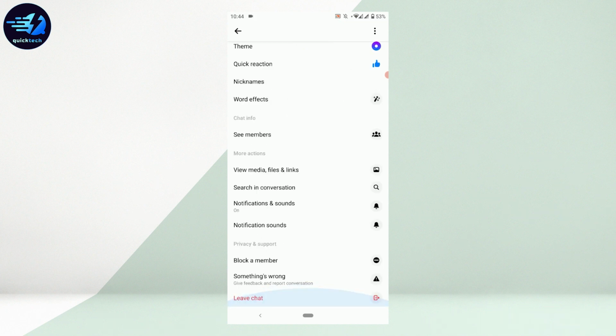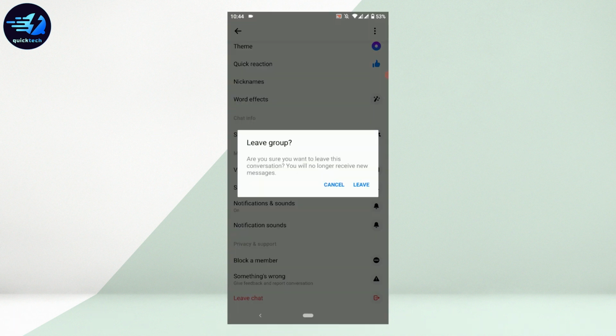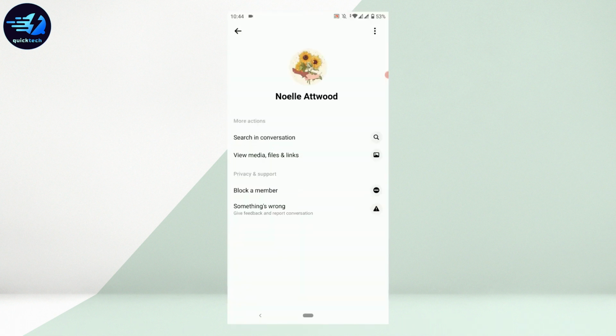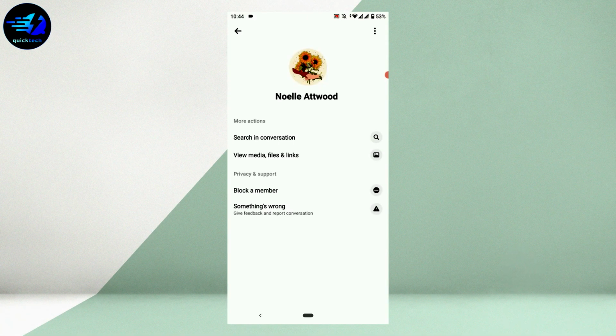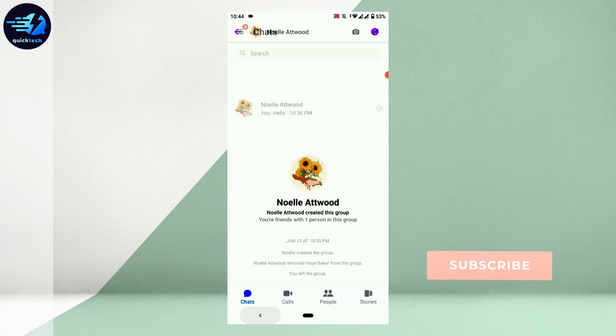For that, you scroll down to the very bottom and you will have the option of leave chat with a red icon. You tap that. Are you sure you want to leave this conversation? You will no longer receive new messages. You tap on leave, and with that you will be left from that group right away. That means you will no longer be able to receive messages and calls from that group anymore. So this is how you can leave a group in